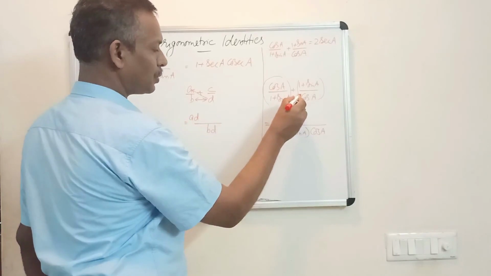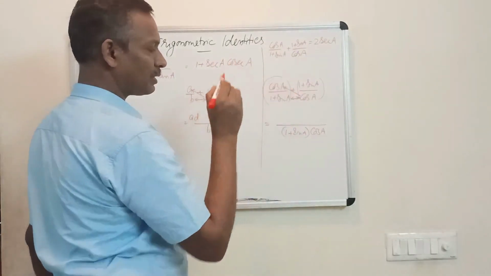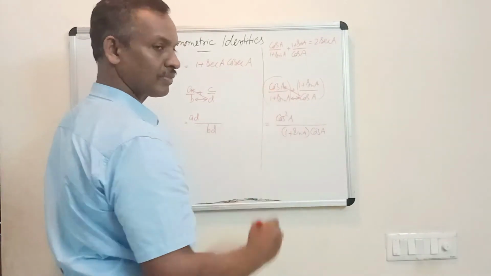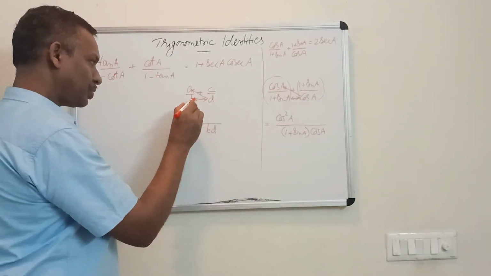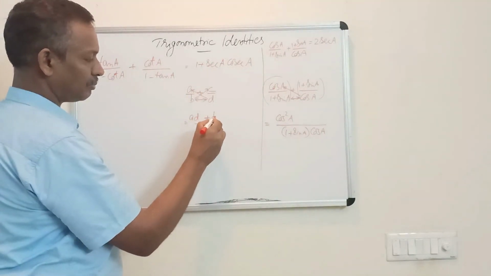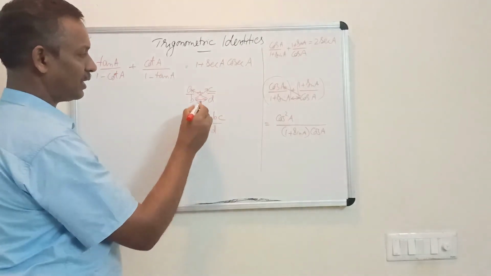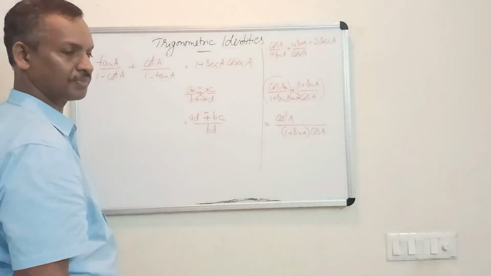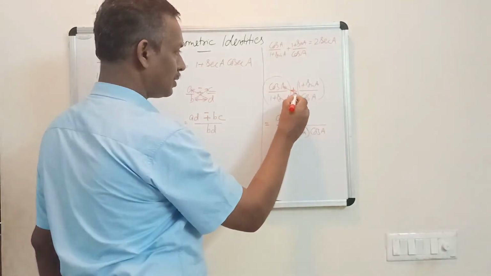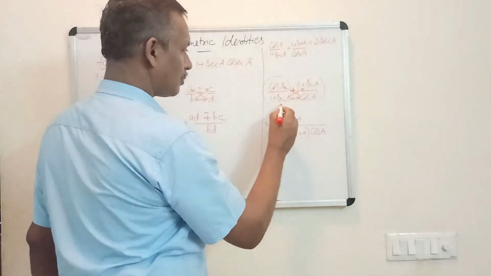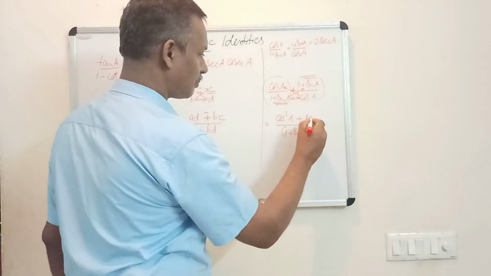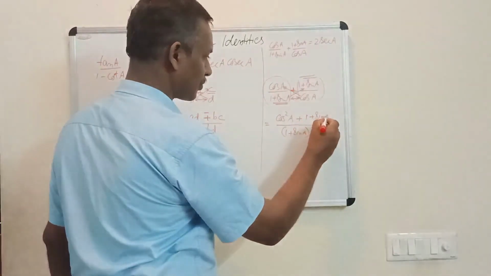Same thing you can do here. With cos you multiply this, you get cos square a. Then with the first denominator multiply the second numerator and write as the numerator bc. Then put plus sign. If it is minus sign, you have to put minus. Here it is plus, put plus sign, multiply these two. Here you can see both are same, 1 plus sin a, 1 plus sin a, so we can write 1 plus sin a the whole square.